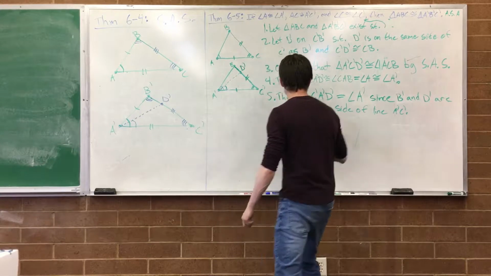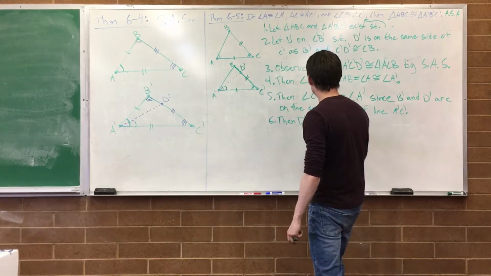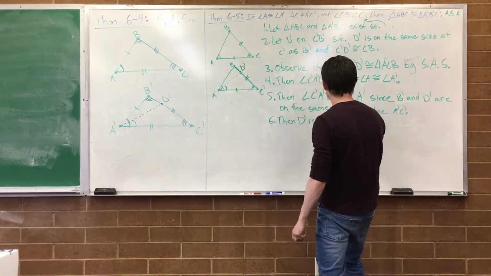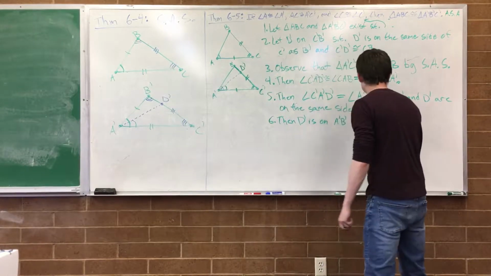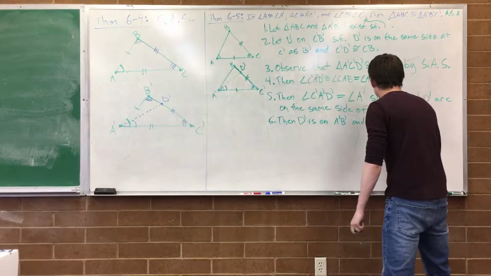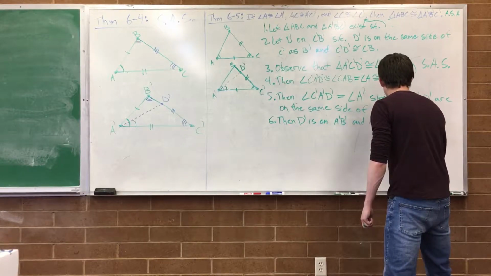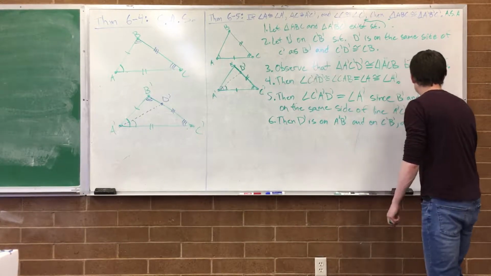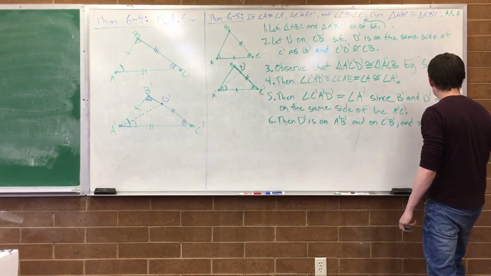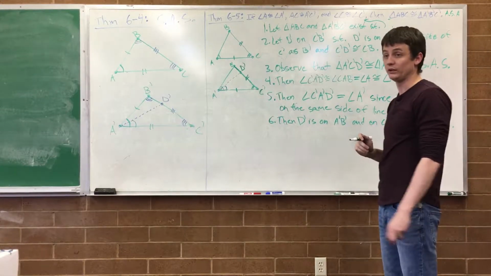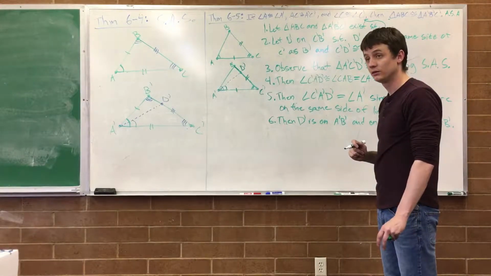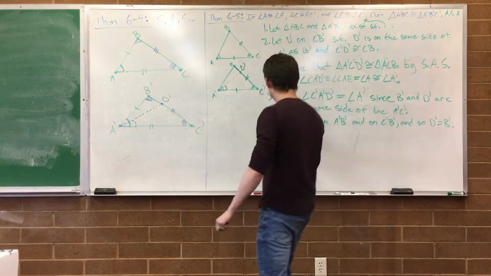then D prime is on A prime B prime and on C prime B prime, and so D prime equals B prime. You good with that? Okay, so now we've got that those are the same points. Right? Yeah. So 7,